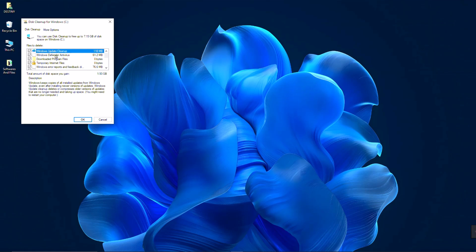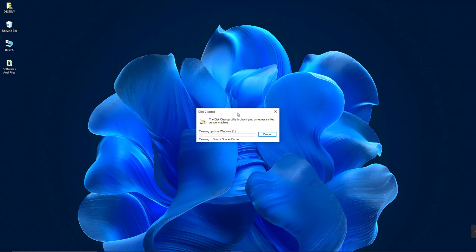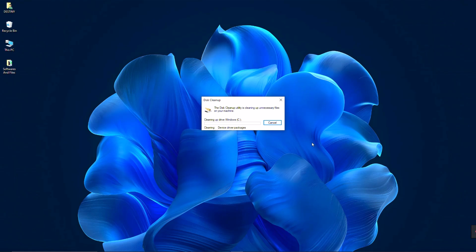This is not actually deleting your Windows Defender antivirus, rather it's deleting some cache files. So don't panic, you're not deleting Windows Defender if you do this. It's just some caches and all of that. And then just click on OK, delete files, and that will delete. So while that is going on, I'll just quickly bring us to the next point, which is